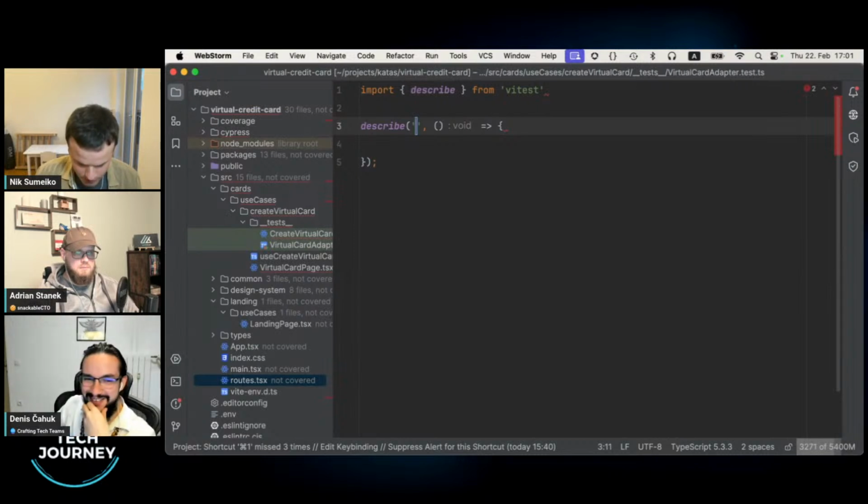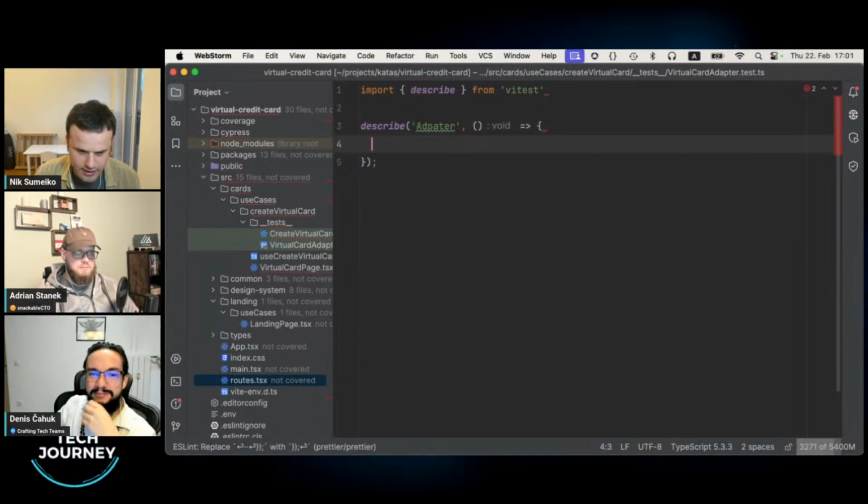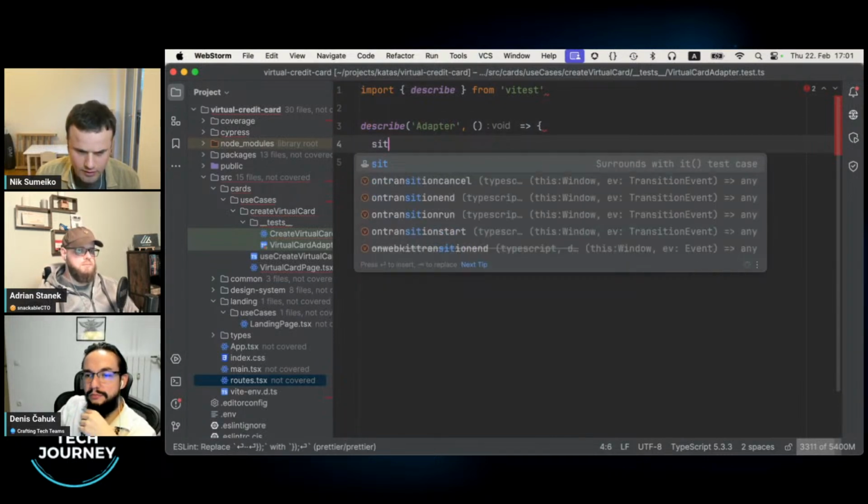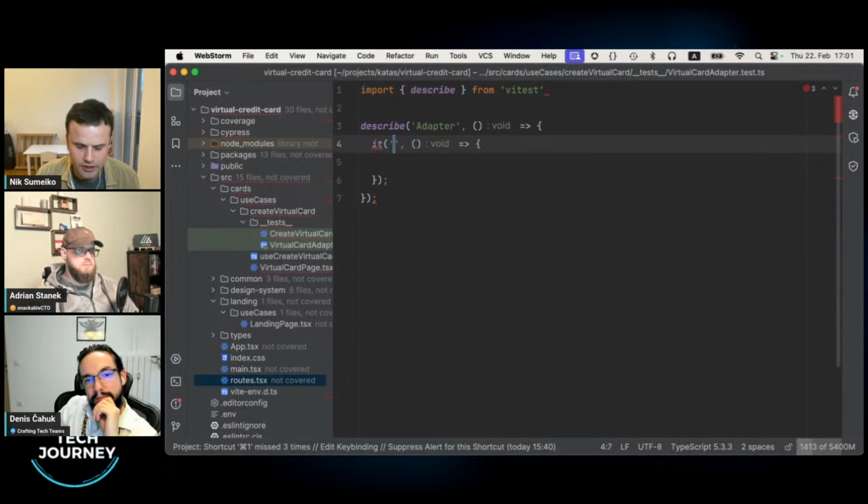Let's name it just adapter for now. And there will be one test, let's say something like returns card. With unit tests, I always start to write them upside down.